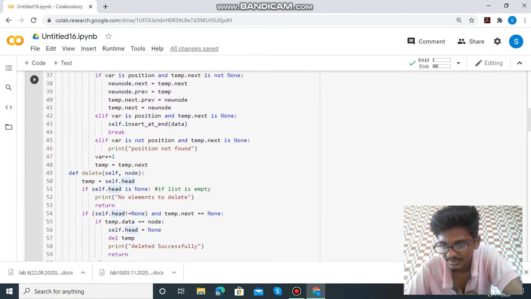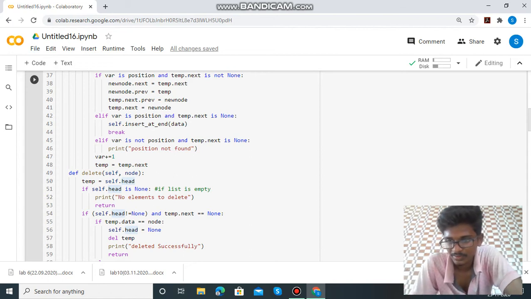Then it traverses across the list using temp and checks the following condition. If counter is the required position and next field of the node is not None, then new node dot previous equal to temp, temp dot next dot previous equal to new node, temp dot next equal to new node.